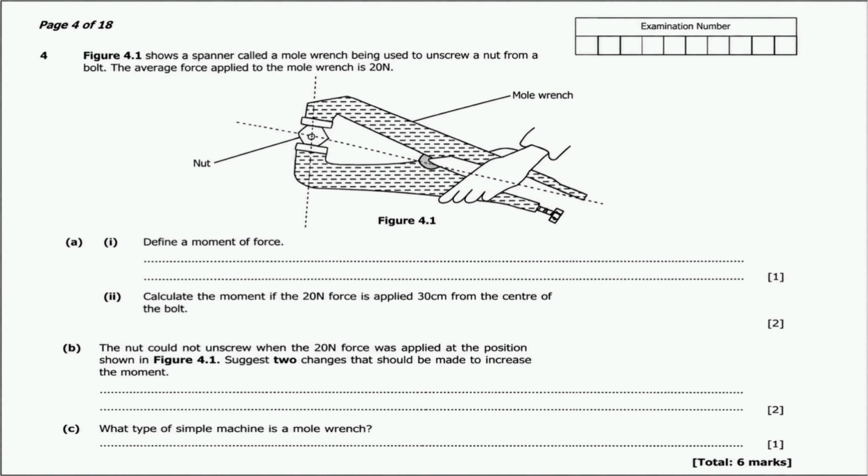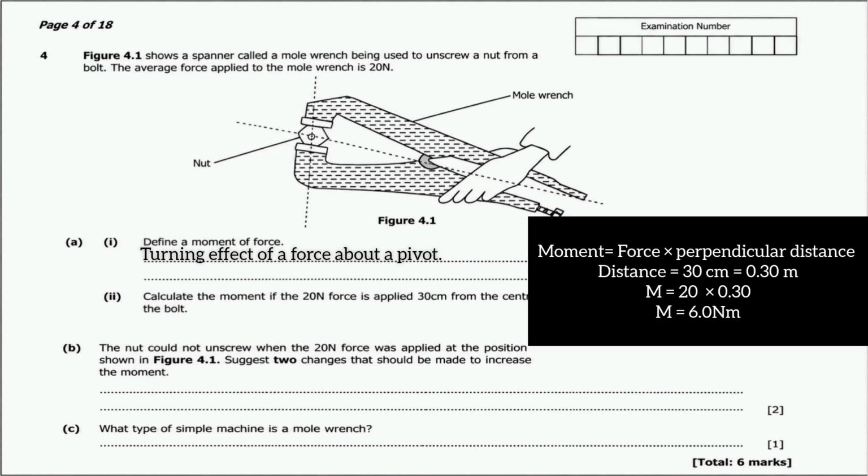Alright, so in this lesson we have already defined what a moment of force is. We defined the moment of force to be the turning effect of a force about what? A pivot. Alright, now we move on to question A2. Question A2 asks us to calculate the moment if the 20 Newton force is applied 10 centimeters from the center of the pivot. Alright, so we know the formula. We have learned that moment equals force times perpendicular what? Distance. This will give us force times